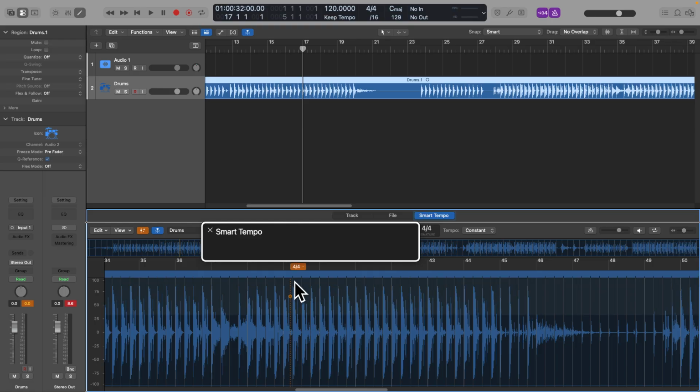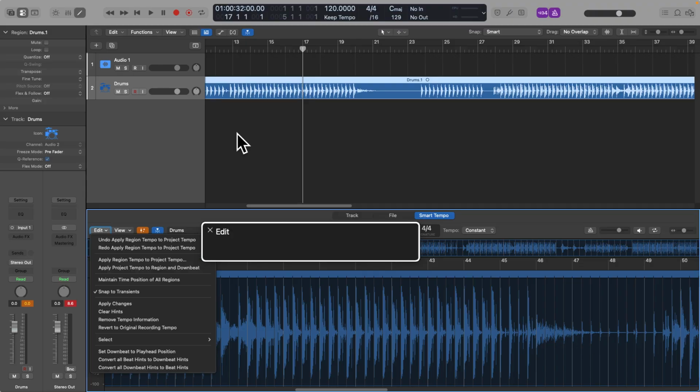So in here we have space and go down with the down arrow until you hear Apply. Undo, apply redo, apply region tempo to project tempo ellipsis, which is that one. Again, apply project tempo to region and apply region tempo to project. You want to apply the region tempo to the project,